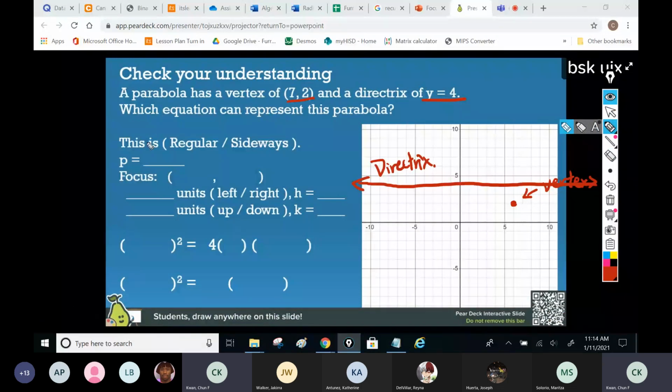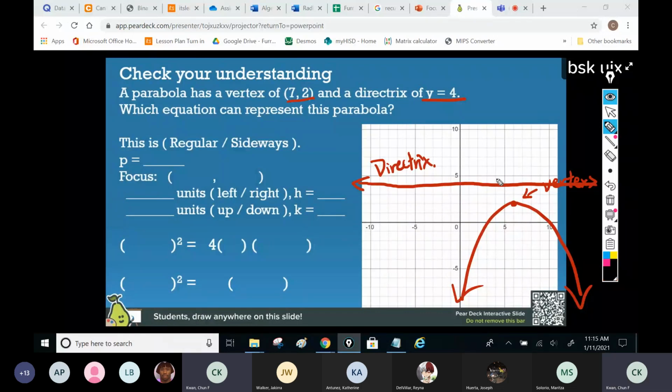All right, so now let me see. With the directrix and the vertex, you should be good enough to figure out your graph is going to look something like this. Oh, wait, no, I'm sorry, I made a mistake. This is the vertex we're talking about, so the line is on the vertex like this. I thought that was the focus. No, this is the vertex right here, and then you have the directrix.